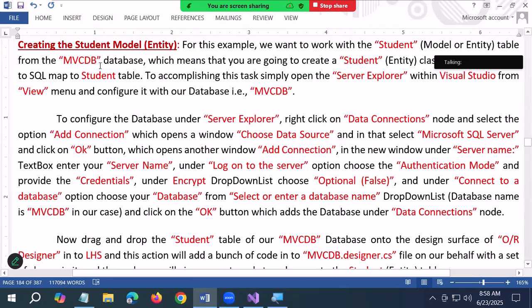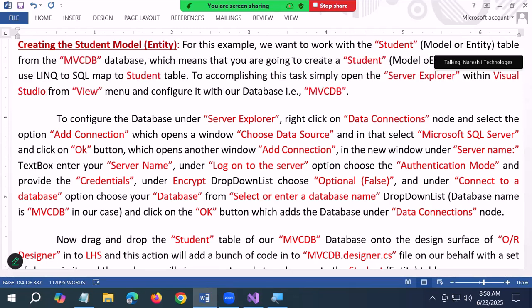Which means that you're going to create a student class. The student class will use LINQ to SQL to map to the student table. Understand, you are creating a student class mapping to the student table. But in our terminology, let us call it a model or entity. The class represents our model now. To accomplish this task, simply open the